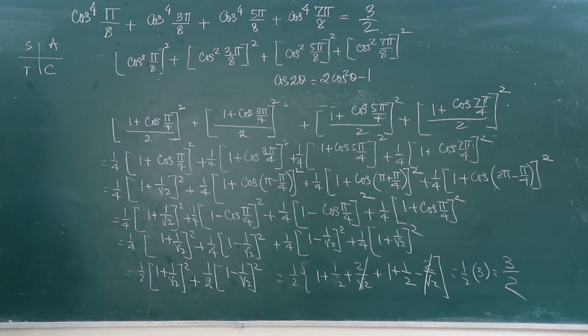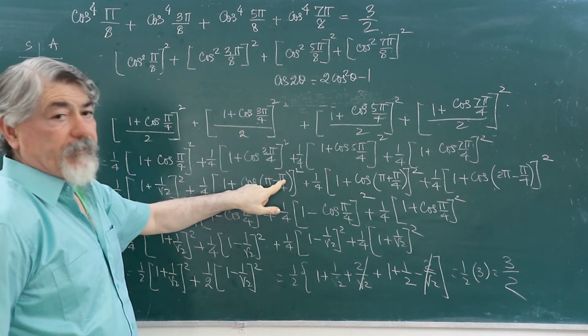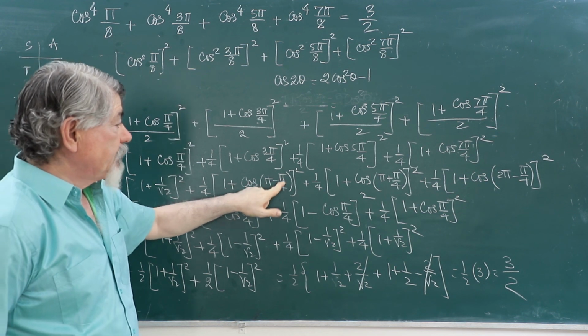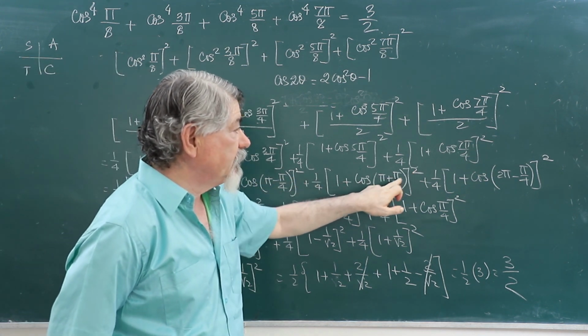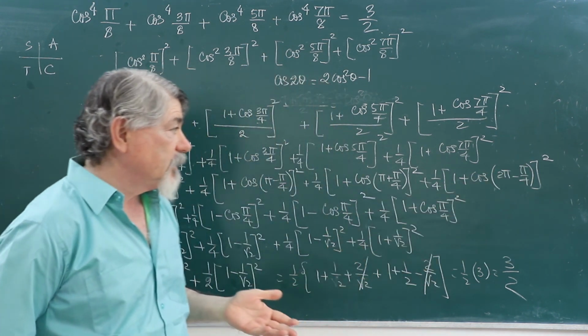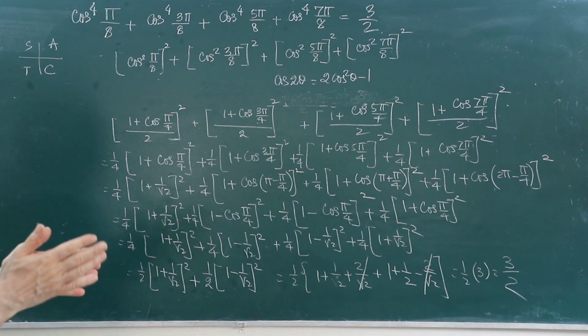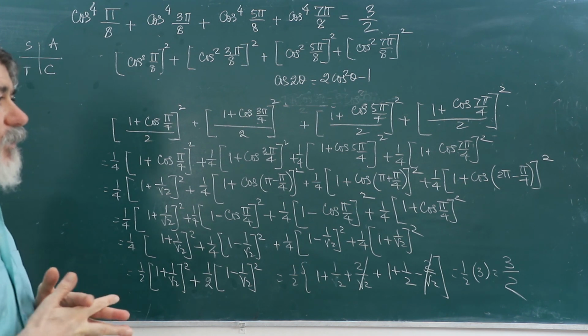You can see the whole question which is written there. We have used here 3π/4 as π minus π/4. π minus π/4 is 3π/4. π plus π/4 is 5π/4. 2π minus π/4 is 7π/4. We have converted everything in terms of relation with π plus θ, π minus θ, or 2π minus θ, depending. Then it becomes easier for you to see also.